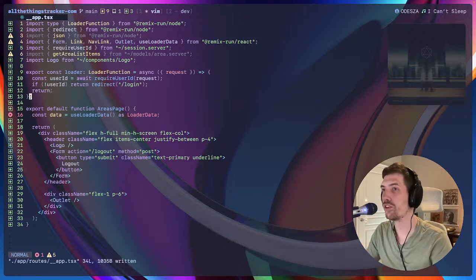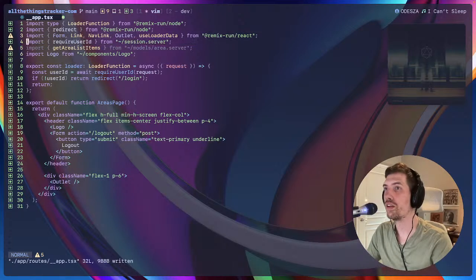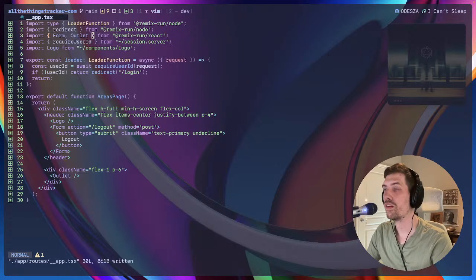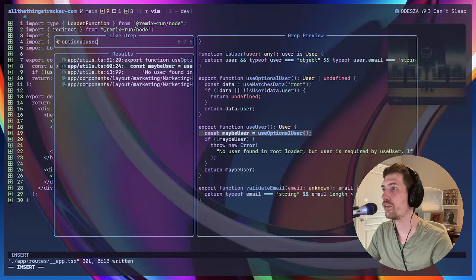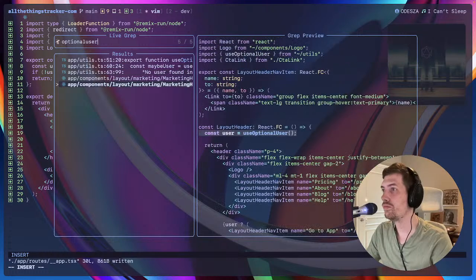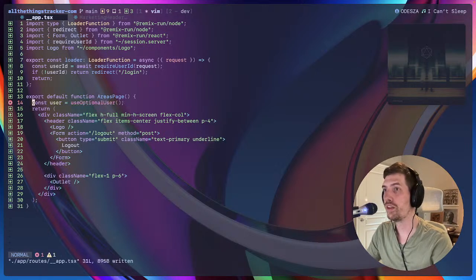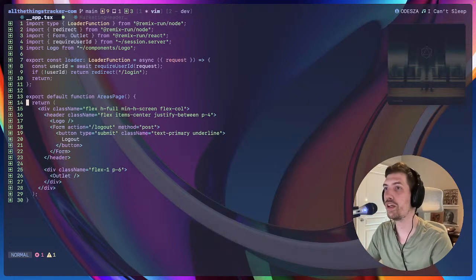I can literally just return, and then we have this optional user thing. And so optional user, use optional user. So we will put that here. And, oh, actually, you know what? I think I've decided we can always show this, because if there's no user, we aren't going to be able to go to this page. And we can just test that by